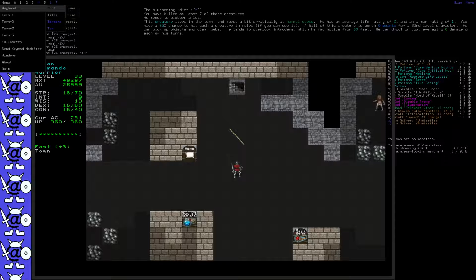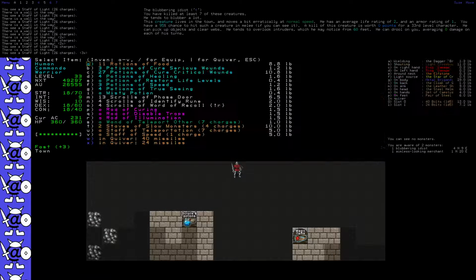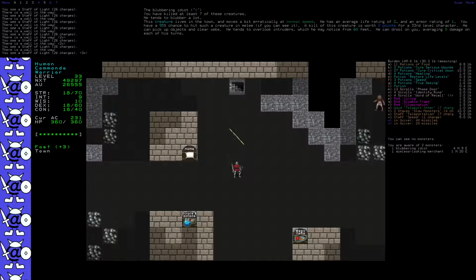So yeah, I'm stuck using this 16 by 16 font. So like my inventory readout is kind of hard to read. It's just kind of not the easiest reading font. And I didn't really like having to read it in the sidebar there. It's just not easy to read at a glance, and you really want that sidebar info readable at a glance. So I figured, well, if I turn that off,